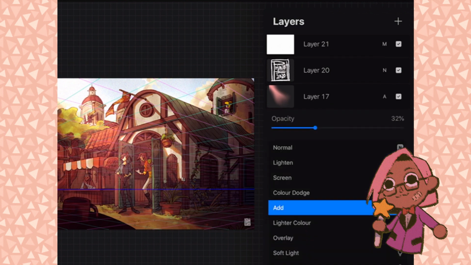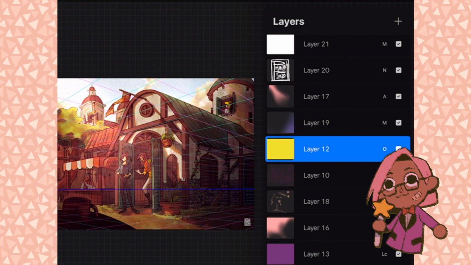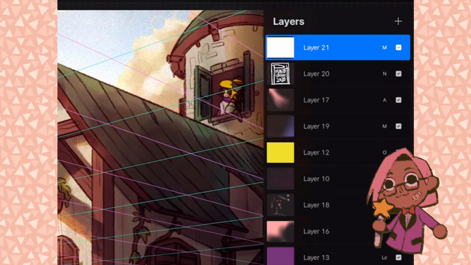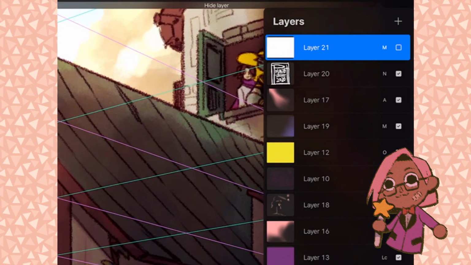And then there's an add layer for light, the sunlight, rays of sun coming down from the top left, giving it a little bit of glow. And then there's a white multiply layer. What does that do, you ask, because white does not get multiplied? Well, you see,